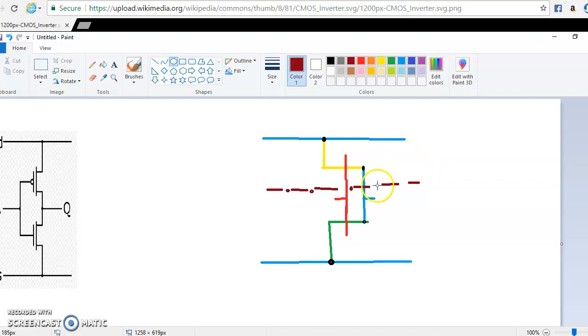So this is the stick diagram of CMOS inverter. So different colors used here are blue for metal, VDD VSS, and blue color is also used for interconnections. Red over yellow indicates the PMOS. Yellow is P diffusion, red is polysilicon. Green color is N diffusion. Polysilicon is gate. Source and drain are either N diffusion for NMOS or source and drain for PMOS is yellow color for P diffusion.